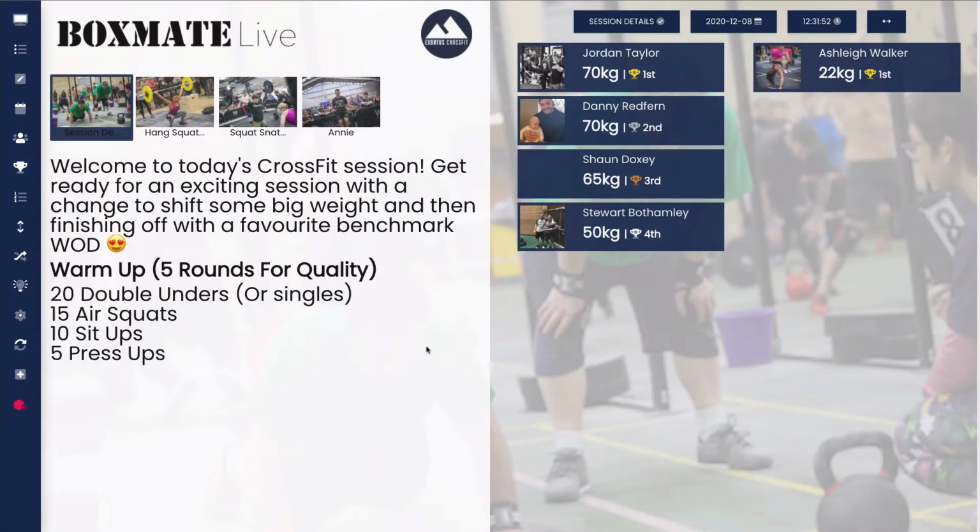Live is our digital whiteboard for automatically displaying your sessions, workouts and leaderboards on a big screen in your gym. BoxMate Live comes at no extra cost to you and is simply an extension of the admin website optimised for large screens. So, to access Live, click on the TV icon at the bottom of the sidebar menu from your